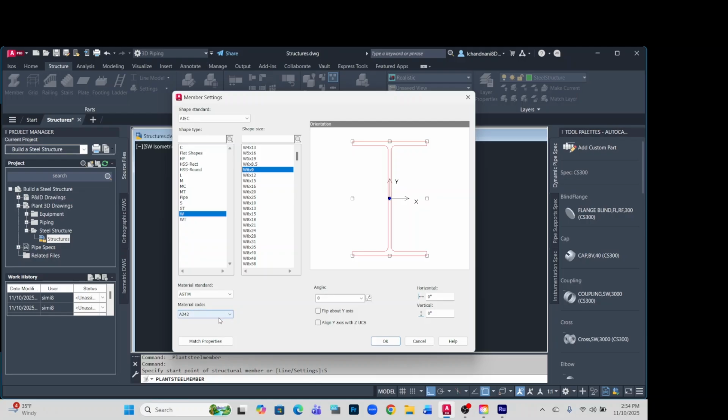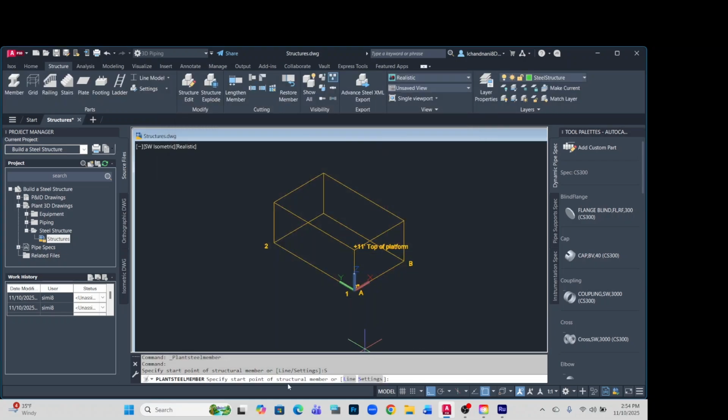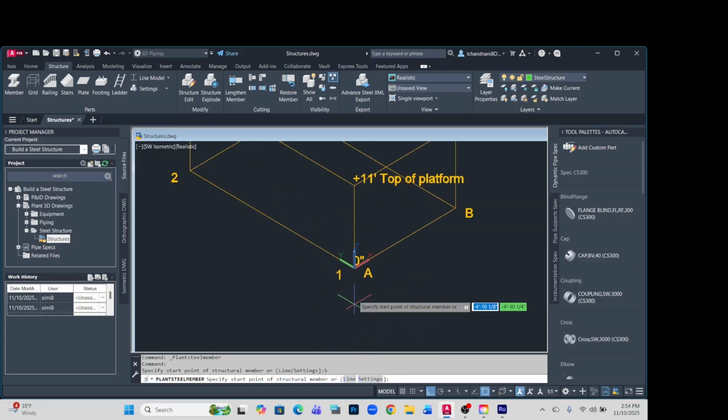For my orientation, I'm going to pick a point right here in the middle. You can switch the orientation as you like, but for this member, for the column, I'm going with the middle point for the orientation, which is this point. And I'm going to click OK, and if you read the command area, it says to specify the start point of the structural member. So I'm going with the end point at the bottom and then go up vertically